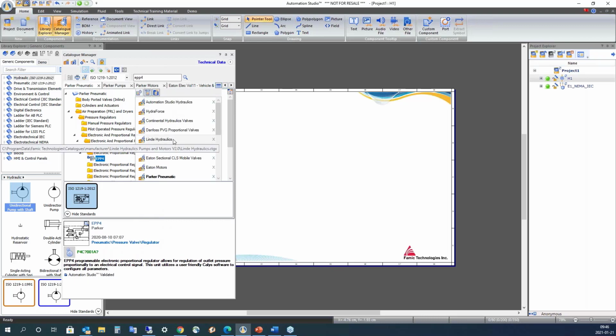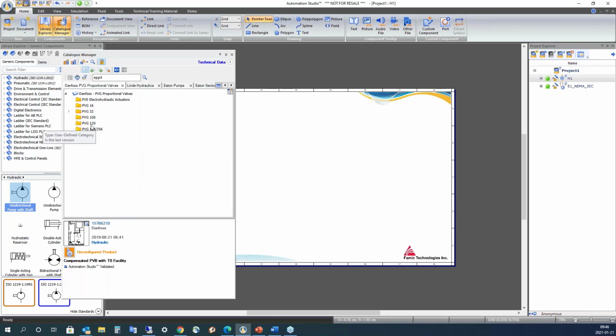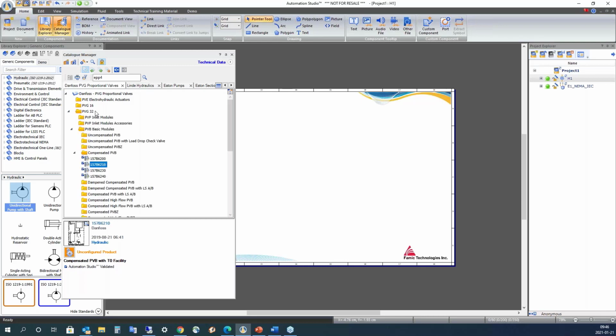As I said, I will get back to Danfoss. We have all the Danfoss here, for example, PVG 16, we have the PVG 100, PVG 120, 128, and 256. So if I take a look at, for example, the PVG 32,